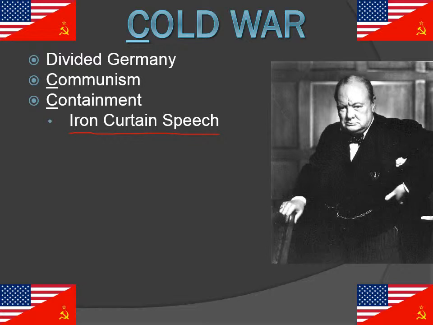This Iron Curtain speech is delivered as a warning to the United States saying, listen, there is an iron curtain that is descending over Europe from the Adriatic in the south, which is next to Italy, all the way up to the Baltic in the north, which is near the Baltic states of Lithuania, Latvia, and Estonia. And so this iron curtain, all the states that are on the east side of that curtain are falling to the Soviet Union, and so we should be aware of that.